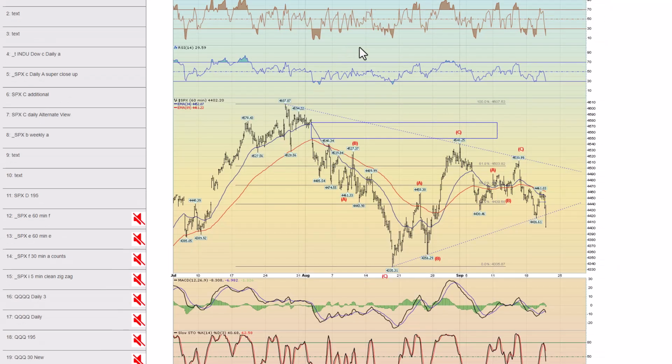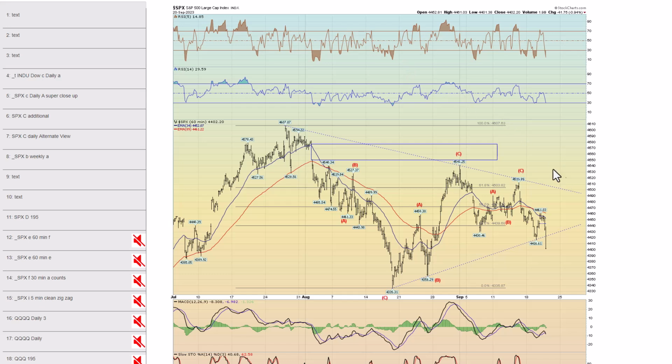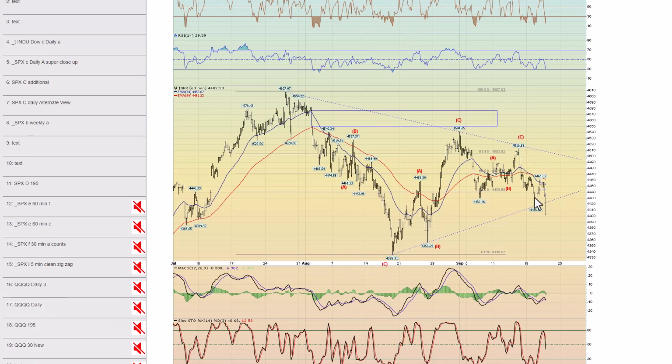Next, chart number 12, here's that 60-minute chart I showed on Monday. This coil, again, we bounced off the coil trend line yesterday, rallied up but didn't get up very far, dumped today, and we broke this trend line of the coil. Again, a little bounce back tomorrow. Remember, broken trend line becomes resistance. So if we get a little bounce tomorrow, since we're quite oversold here, watch for that broken trend line of the coil to possibly be resistance. And that could be an area to look for a short.